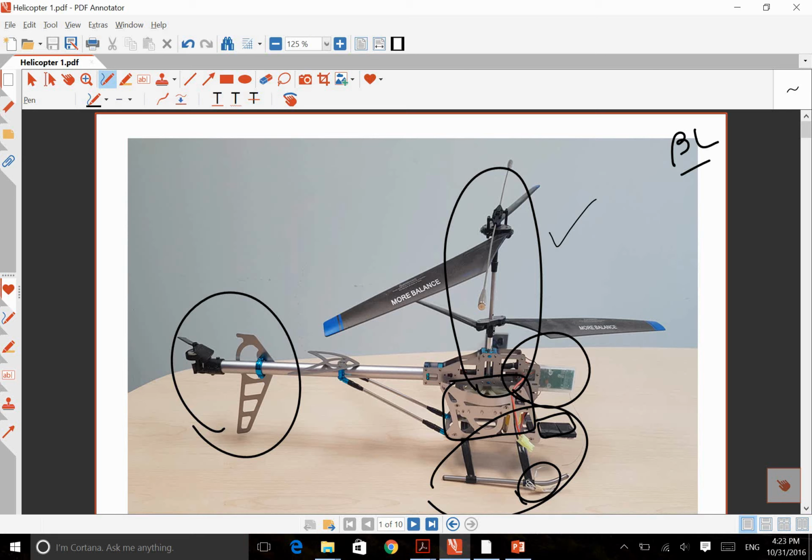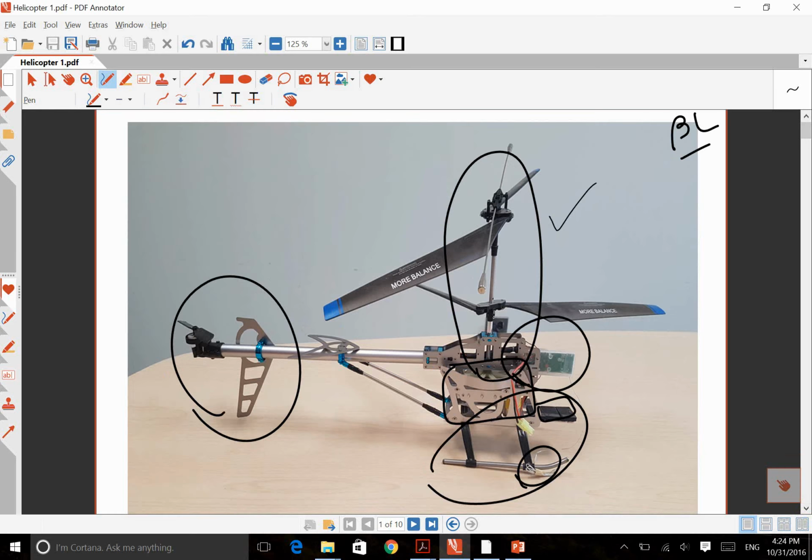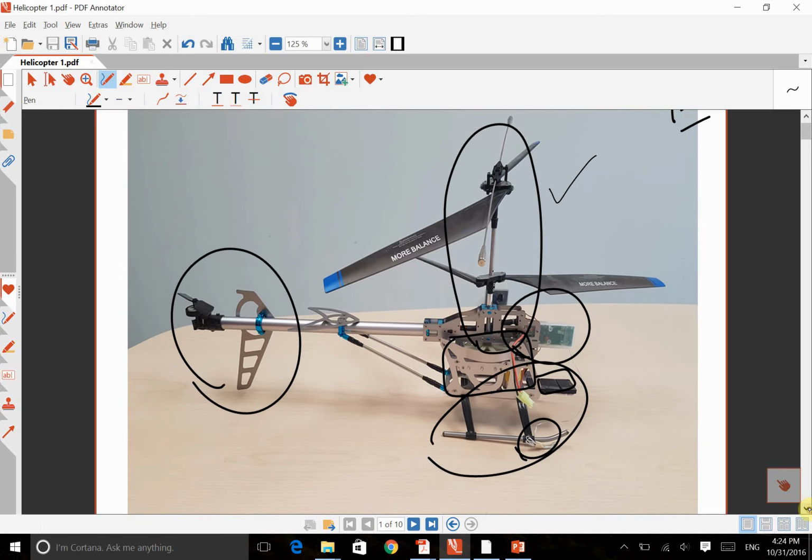Last lecture was about the main shaft of this helicopter. First, let's have a quick review of what we had last lecture. We said that we want to analyze this shaft of this RC helicopter. What we did at the beginning was